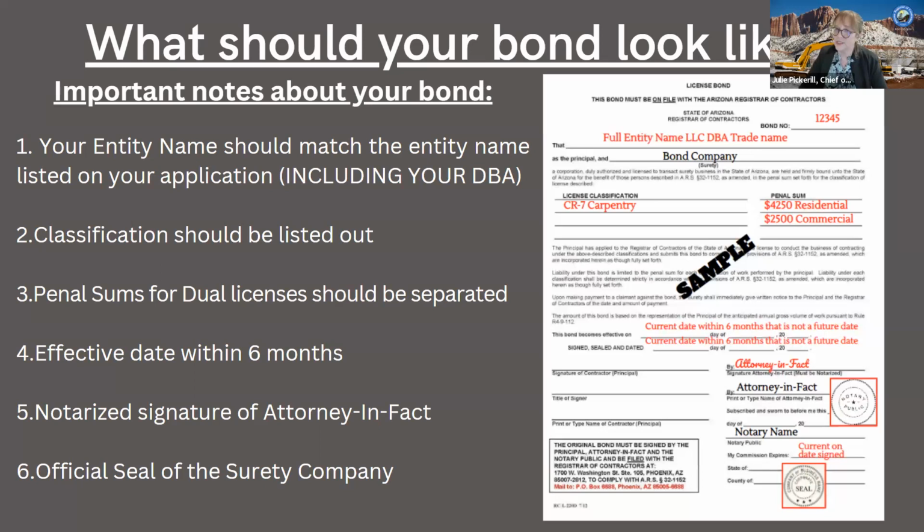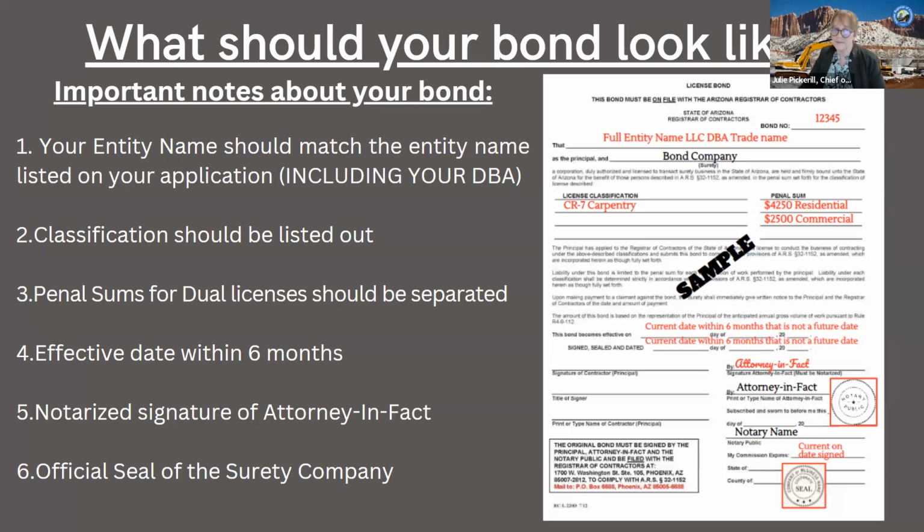So if you're applying for a CR7, as in the example, it would say that here on the left. And because a CR7 is a dual license, so it does commercial and residential, it would have a residential component and a commercial component. So the penal sums have to be separated. If they are not, then that would be a deficiency or an error that we would send back to you